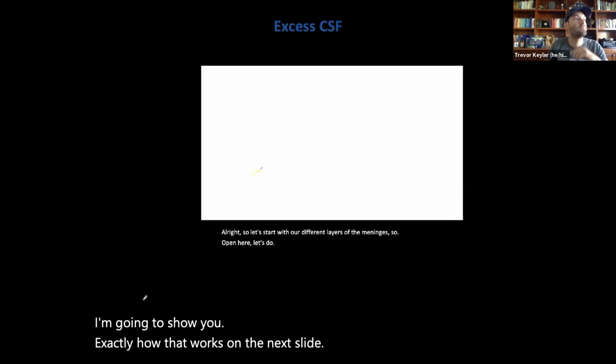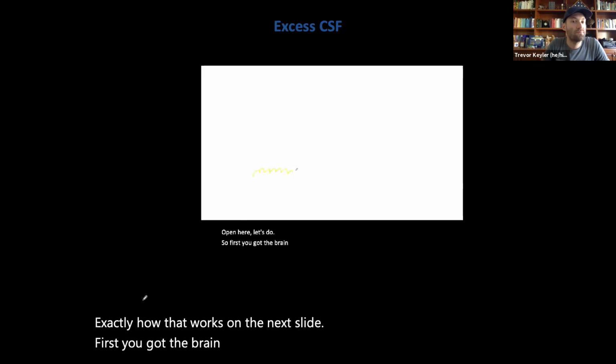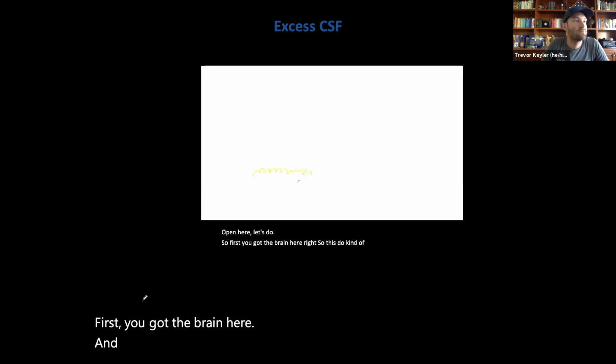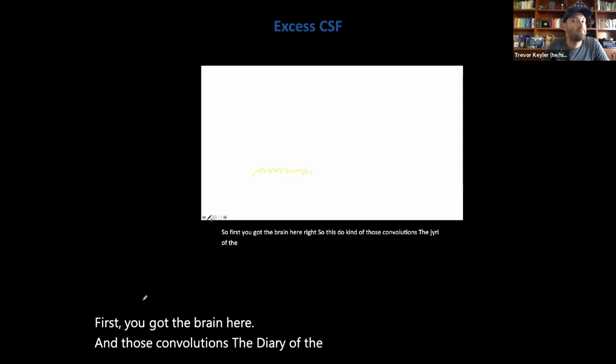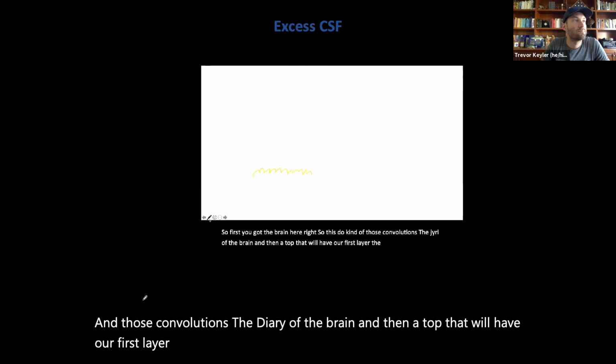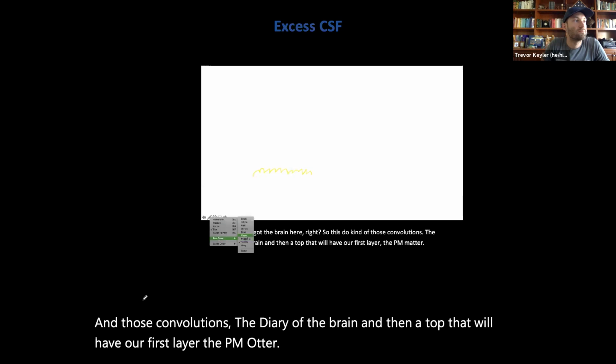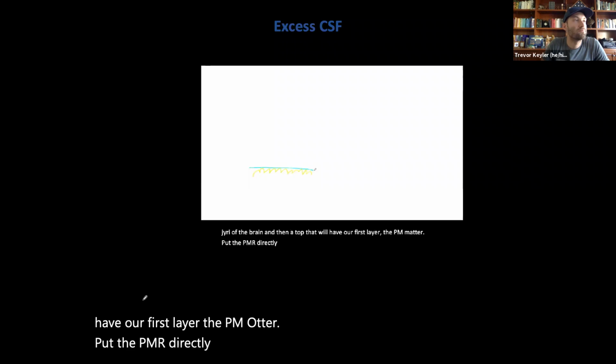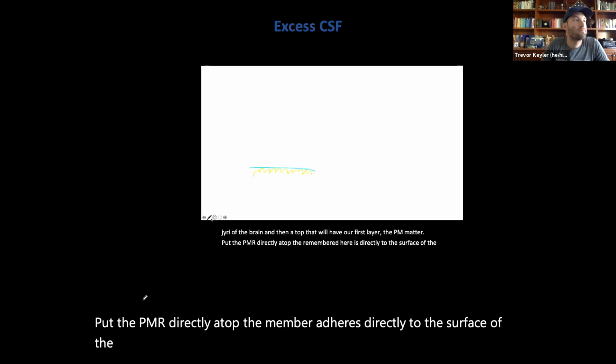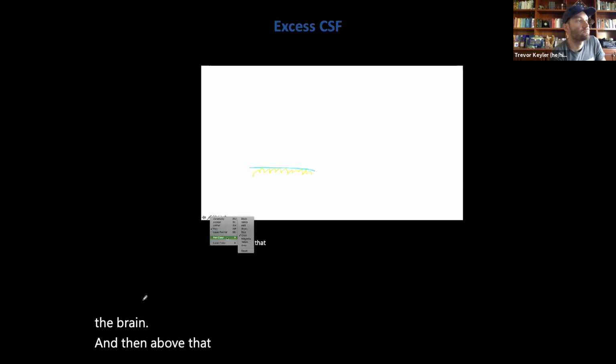So first, you got the brain here. And so I'll just do kind of those convolutions, the gyri of the brain. And then atop that, we'll have our first layer, the pia mater. We'll put the pia mater directly atop the, remember it adheres directly to the surface of the brain. Okay? And then above that, then, we are going to have our arachnoid